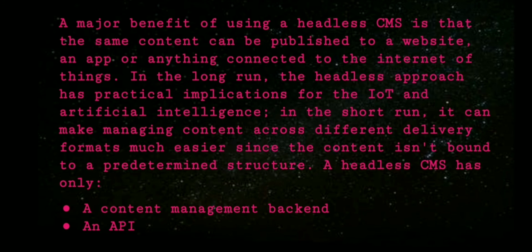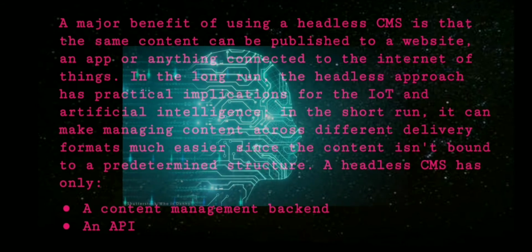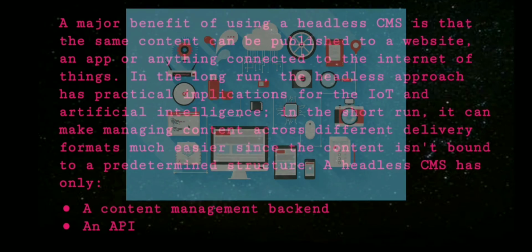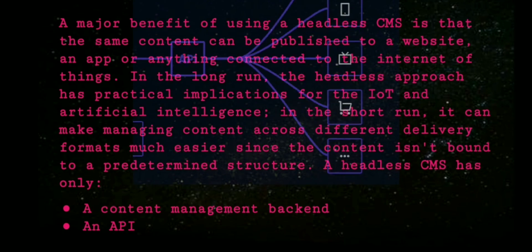In the long run, the headless approach has practical implications for the IoT and artificial intelligence. In the short run, it can make managing content across different delivery formats much easier since the content isn't bound to a predetermined structure. A headless CMS has only a content management backend, an API,